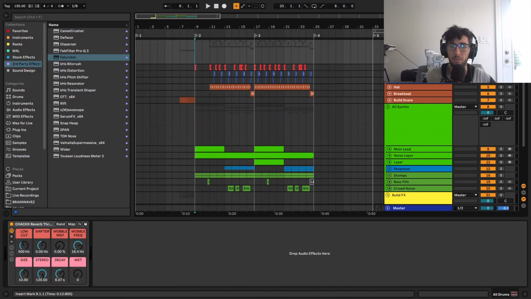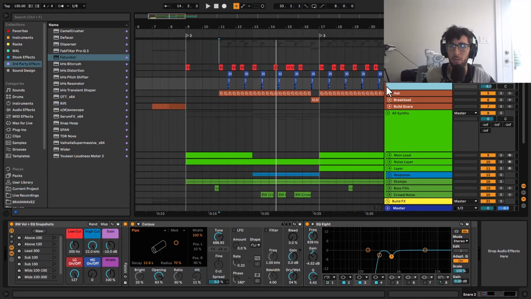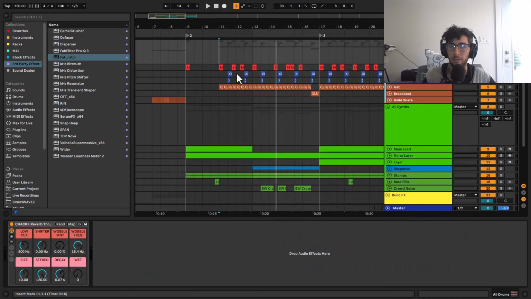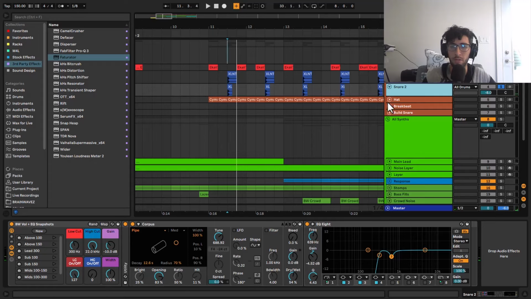So I'm just gonna start with the drums first. Pretty simple, common patterning here. But what I wanted to show you from the drums is how to make this type of resonant snare. So if you have any snare that you like, like this one,